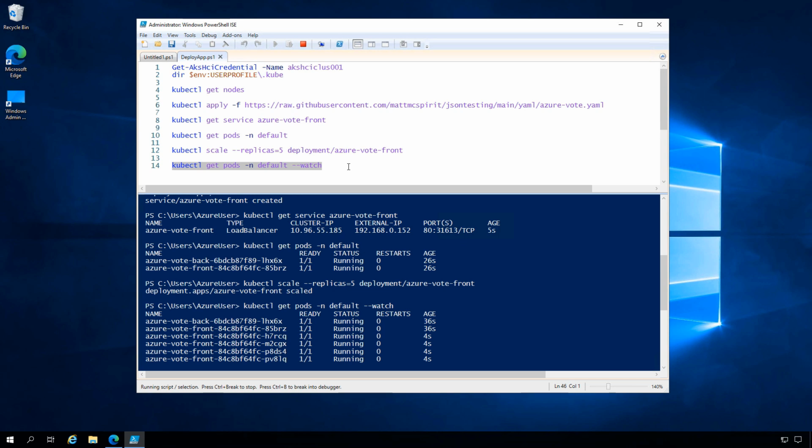So what we've looked at there in AKS HCI in pretty quick speed is essentially how we deploy target clusters with both PowerShell and the Windows Admin Center. We've retrieved credentials, we've explored a YAML file, and then we've actually used that YAML file to deploy a simple voting application across a couple of containers within AKS HCI. So easy stuff, but hopefully not too daunting if you're new to Kubernetes.